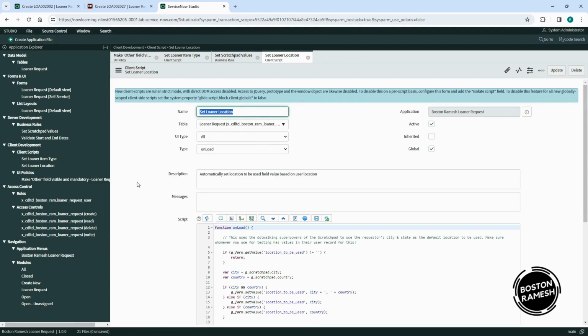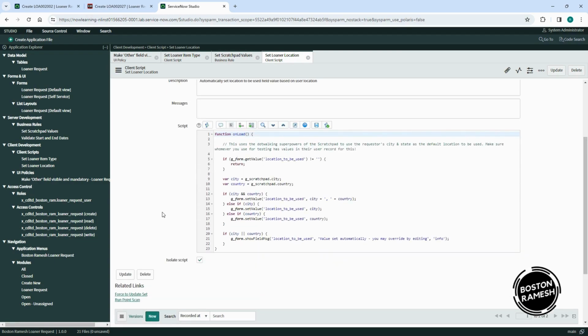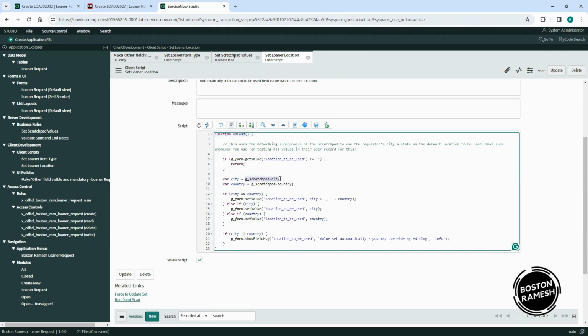So this is a client script that is executed when the form is loaded, on the onLoad event. That means when a load event happens, it automatically sets the location to be used field value based on the user location. So basically, whatever user location is coming from the requested for should be updated to location to be used. If city and country values both are available as part of the scratchpad, because it is available for the session, then